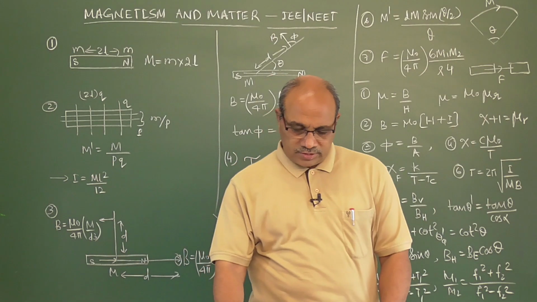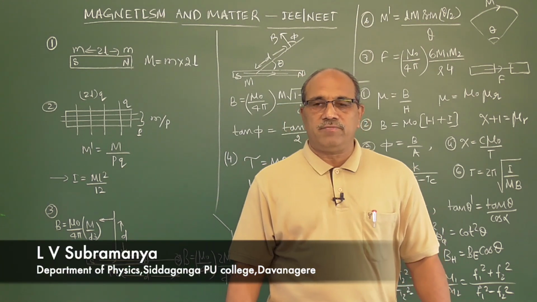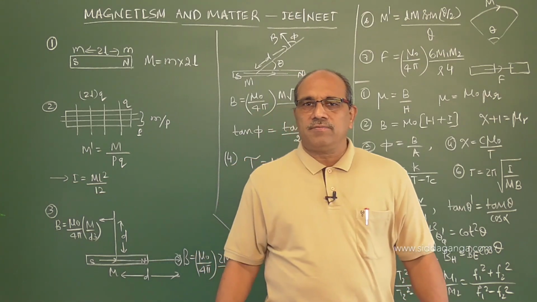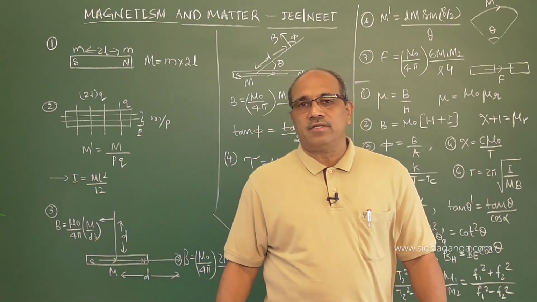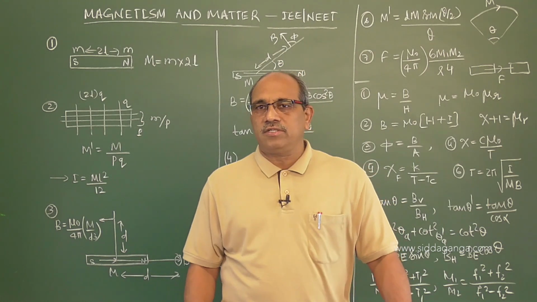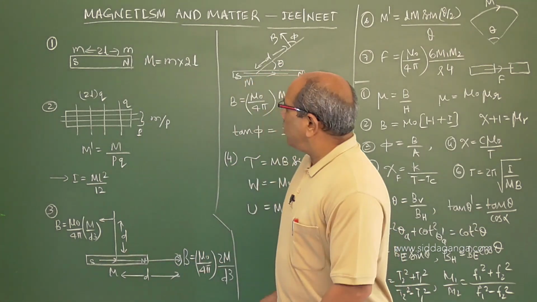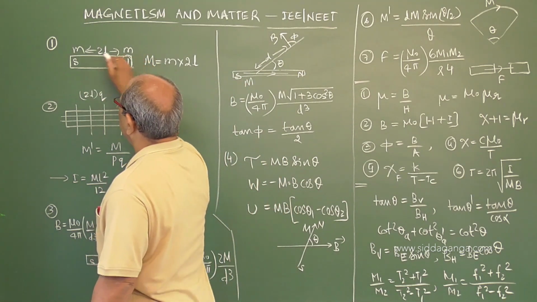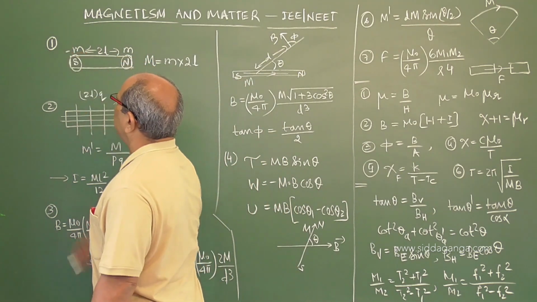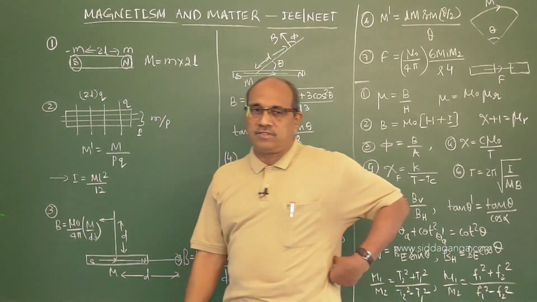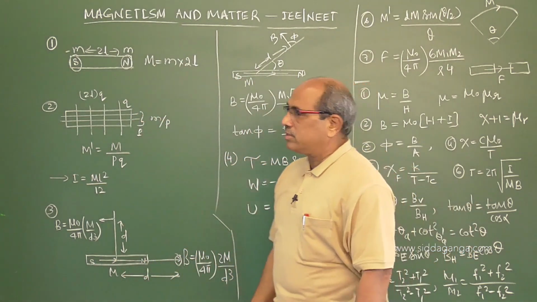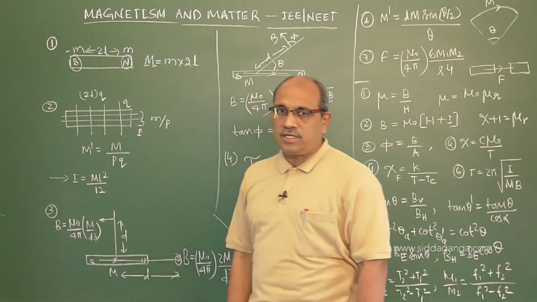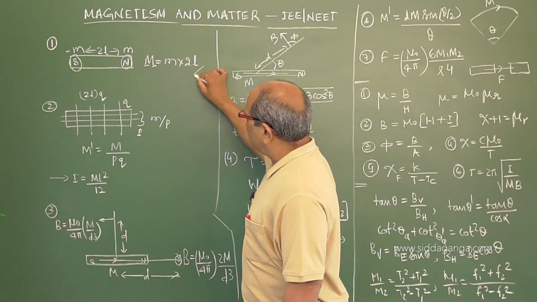Hi students, we have discussed magnetism and matter in detail. Now, the important areas from where questions come in entrance exams like JEE, NEET or KCET are these. You have come to know a bar magnet has pole strength m of equal strength and opposite nature, separated by some distance called the magnetic length. We defined the magnetic moment as pole strength into axial length of the magnet, one of the important relations required.